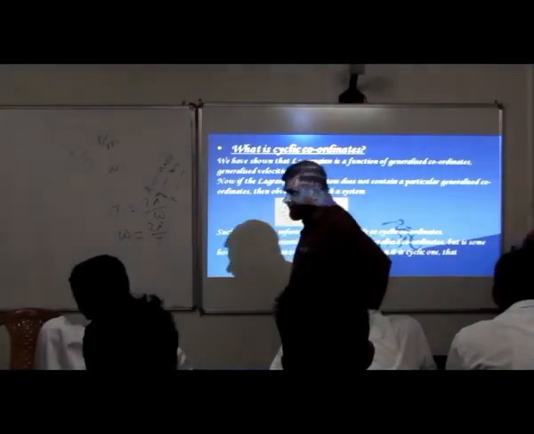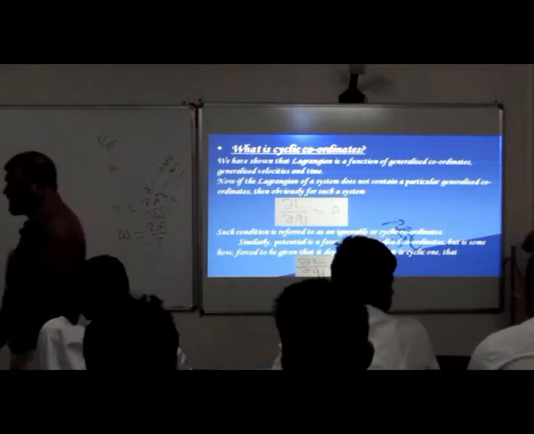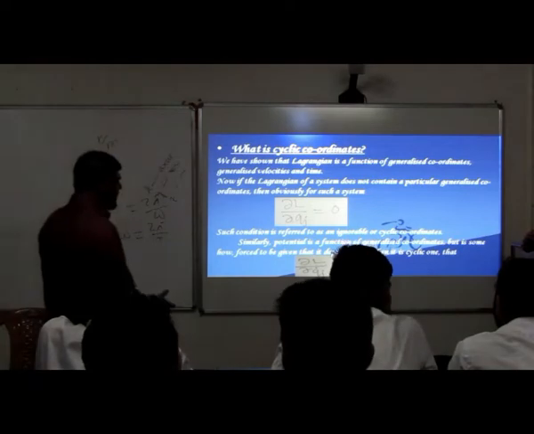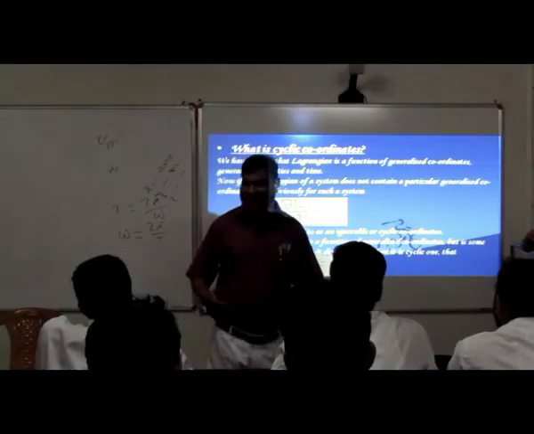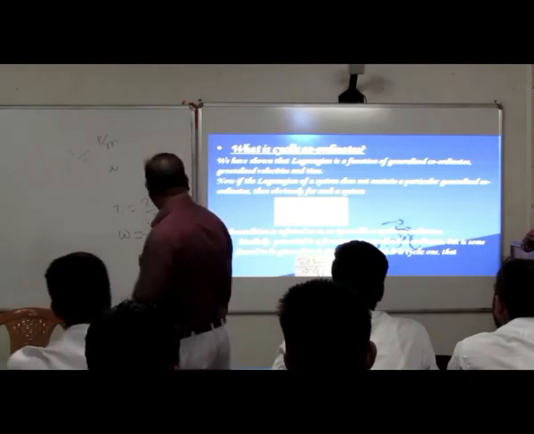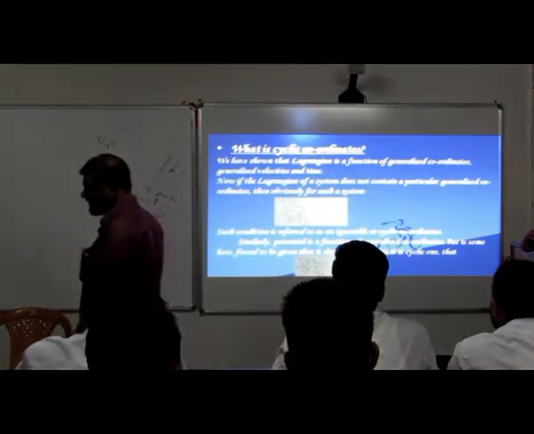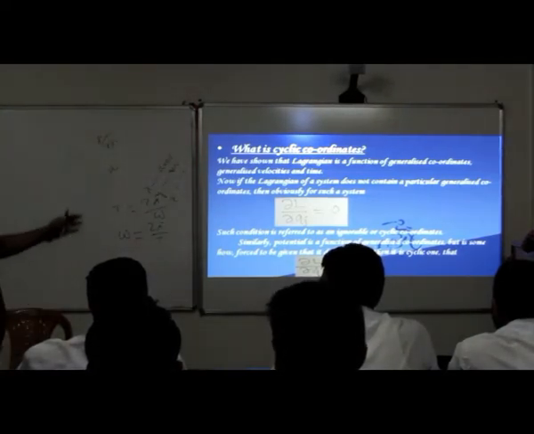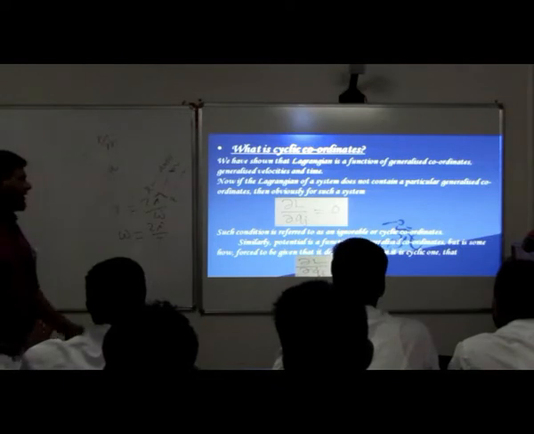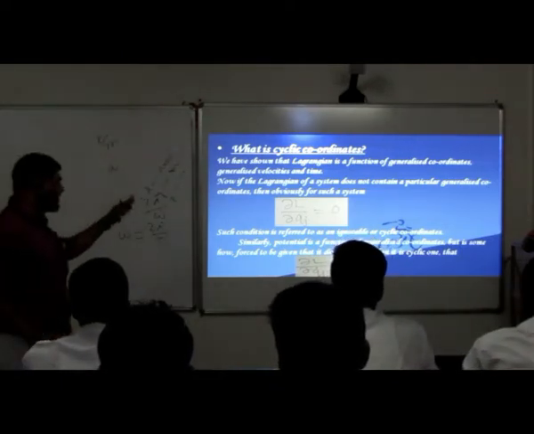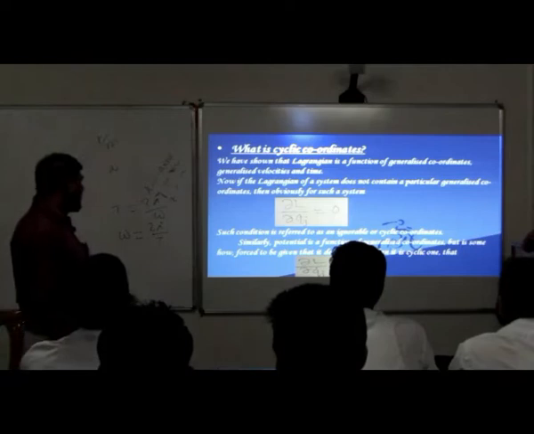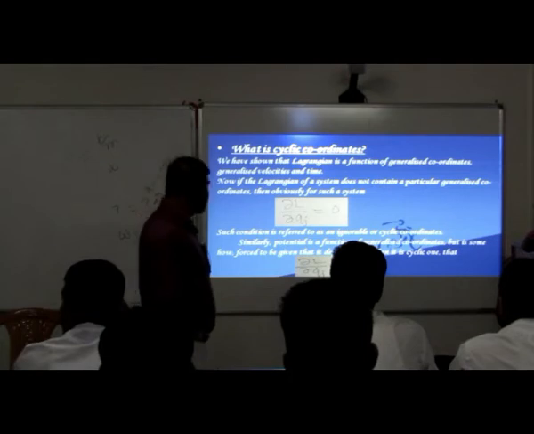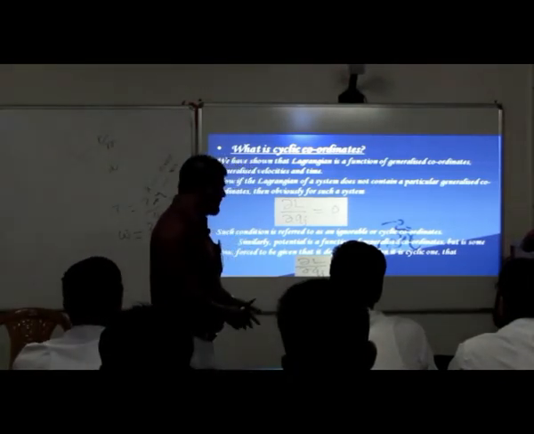In the last slide, we shall discuss the cyclic coordinate. You already have a good idea; I told you about this in the last class. What are cyclic coordinates? We have shown that the Lagrangian is a function of generalized coordinates, generalized velocities and time. Now, if the Lagrangian of a system does not contain a particular generalized coordinate, then obviously for such a system,